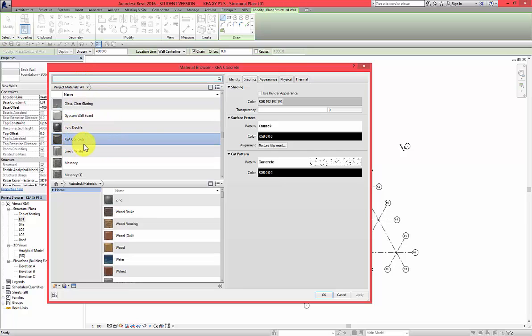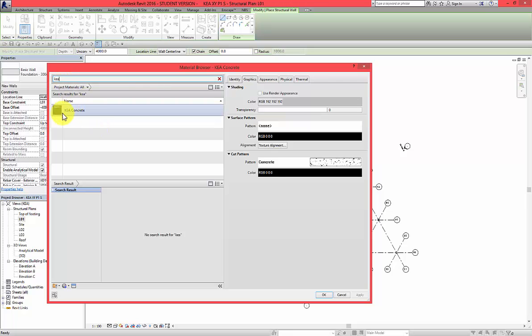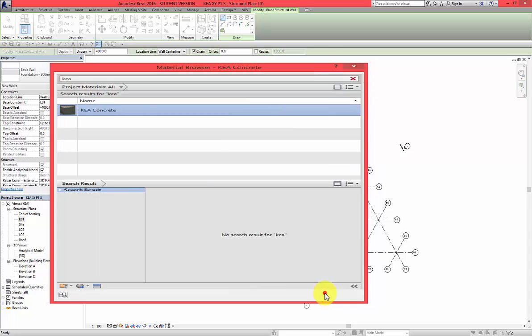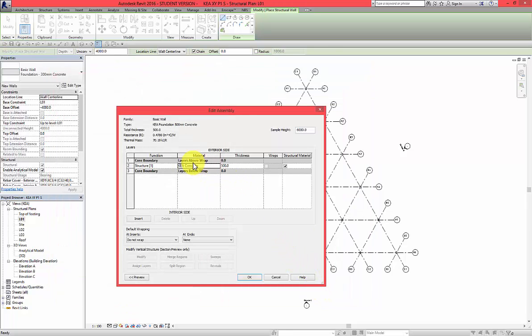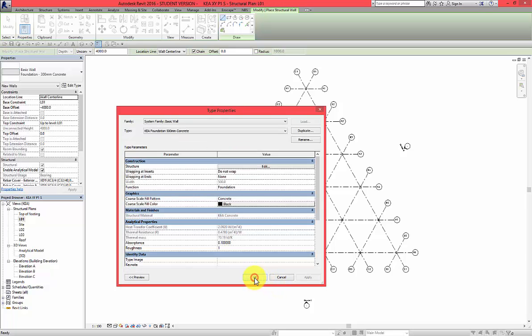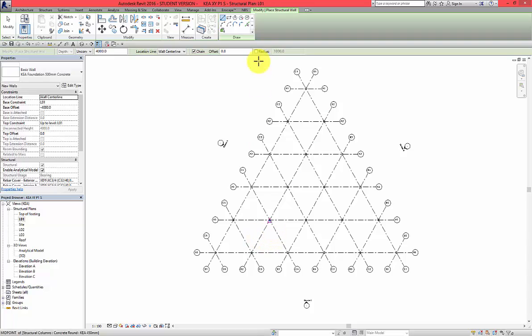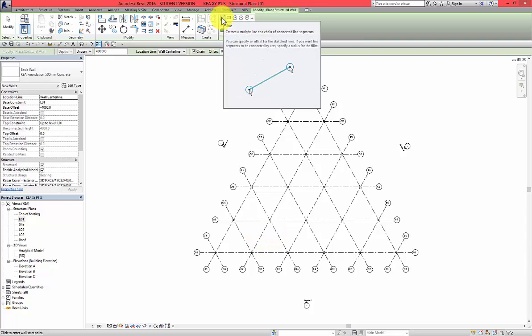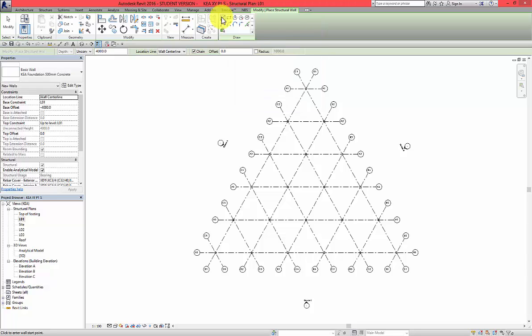If you don't see it by default, this material didn't come, just type in here Kia, and what you will get is just this material. Select it, okay. So Kia concrete 500 thickness, okay, and then okay. And let's use this line tool to create the wall,